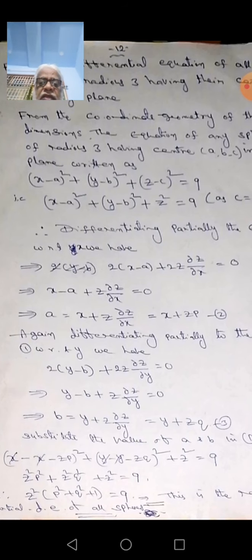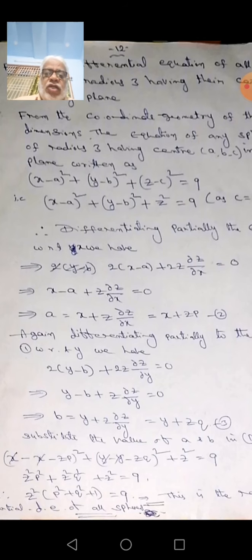If we cancel the values, x and y are all cancelled. So minus zp whole square is nothing but z square p square, plus z square q square, plus z square is equal to 9. If we take z square common in these three terms, z square (p square plus q square plus 1) is equal to 9. This is the required equation,